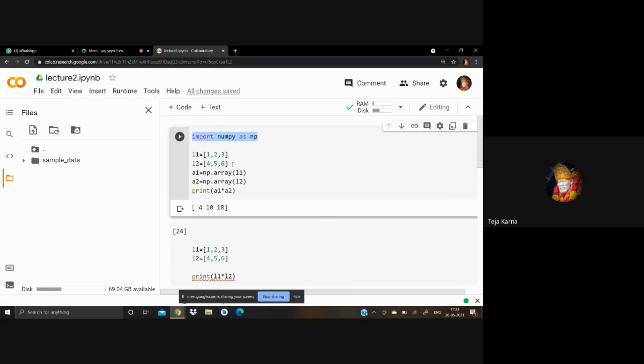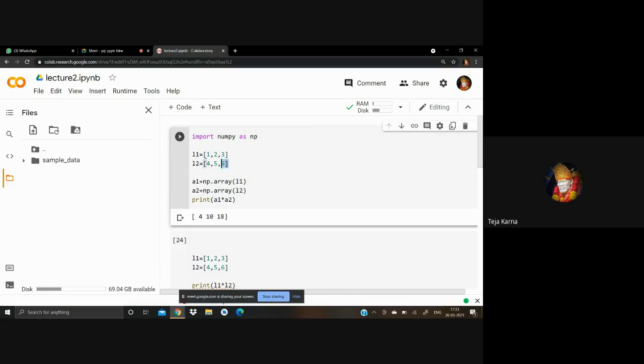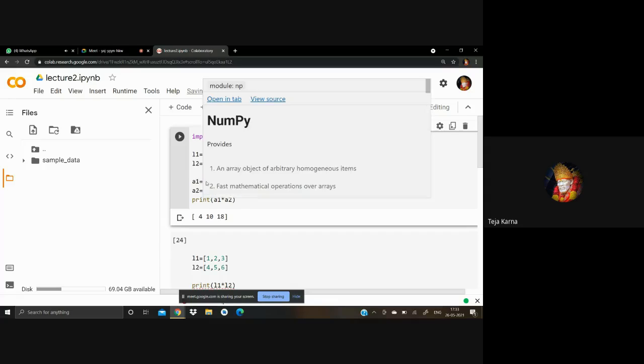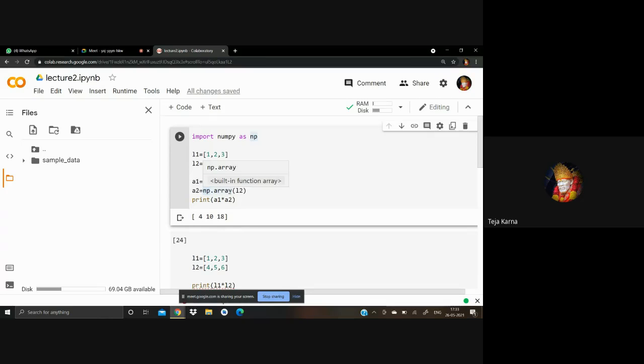So what we did: we had two lists. Then we took another variable, A1, where we converted the list L1 into an array using the NumPy module. In the same way, we passed L2 and stored the array in A2.